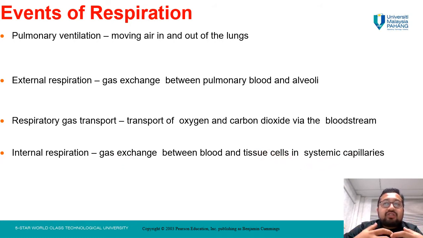Okay, bila oxygen inside our blood tu have been transported from the heart to the entire body, so each cell, okay, they will have the mechanism of internal respiration, where they will get the oxygen and they will expel out the carbon dioxide. Okay, so any question about the events of respiration and also the anatomy from the pharynx until bronchioles,